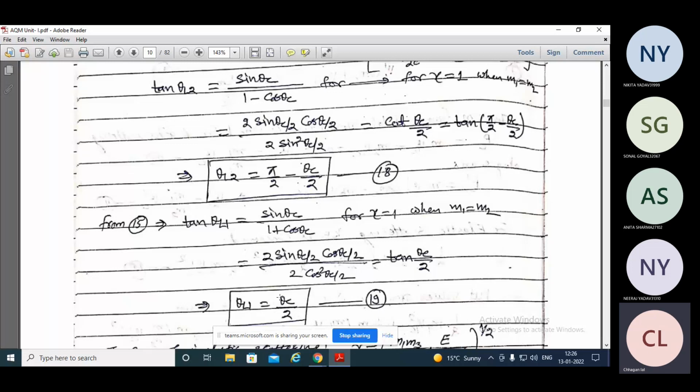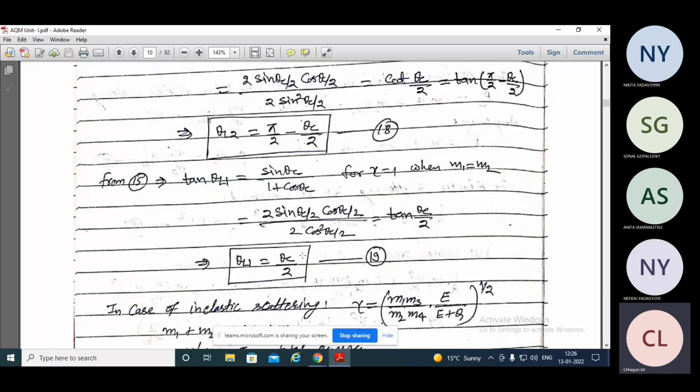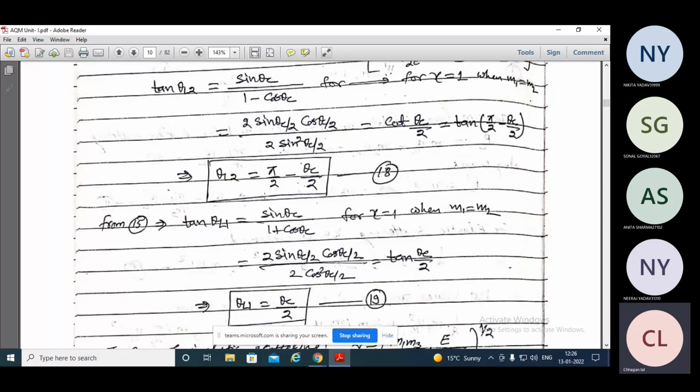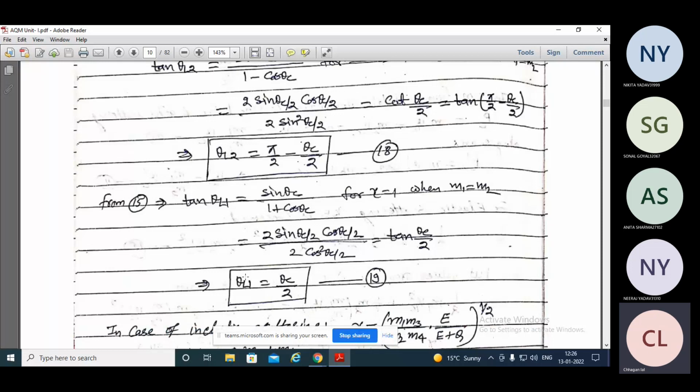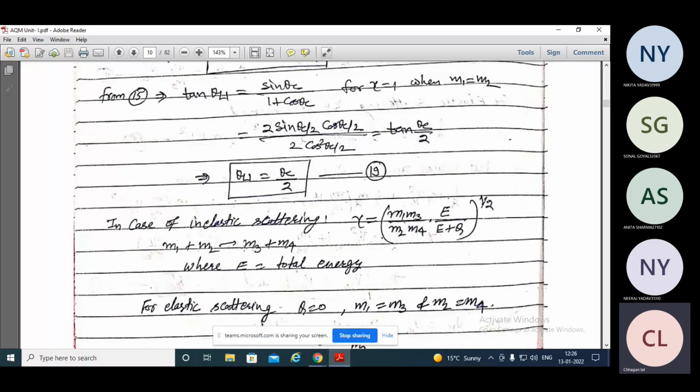तो ये जो टर्म है, इस टर्म की वैल्यू यहाँ पुट कर दीजिए, तो थीटा L1 आएगा, और इस थीटा L1 को यहाँ इसमें रिप्लेस कर दिया. इसका मतलब है थीटा L1 प्लस थीटा L2 इक्वल टू पाई बाई 2. जो मैक्सिमम पॉसिबिलिटीज हैं फॉर द स्कैटरिंग हियर, these are पाई बाई 2 इन द लेबोरेटरी फ्रेम. या फिर ये कहें कि जो आफ्टर स्कैटरिंग है बोथ पार्टिकल्स मैक्सिमम गोज इनटू द परपेंडिकुलर पोजीशन। ये हमारे पास एक सिचुएशन आई, इस सिचुएशन को हम यूज कर सकते हैं।